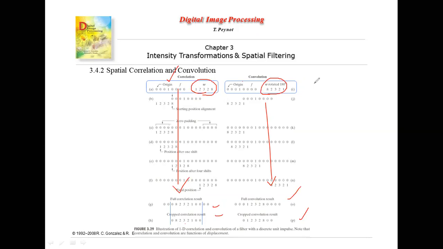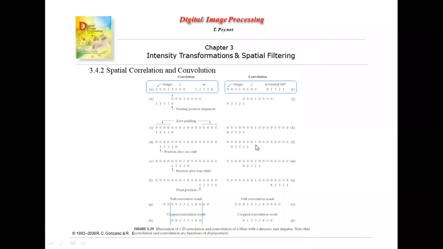One more thing I wanted to say is, whenever you want to do the convolution or correlation, what is the expression for convolution? x of k h of n minus k. For correlation, x of k h of k minus n. Convolution expression: x of k h of n minus k. Correlation has some difference, right? That is why the flip comes in.